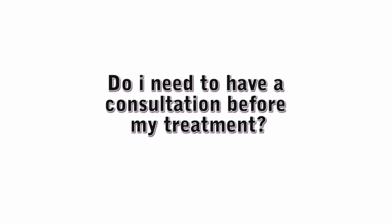Do I need to have a consultation before my treatment? A consultation is always carried out before commencing the treatment. This is because it's really important for me to understand the client's expectations. We have a drawer, we play with shapes, we look at those shapes together and decide on the best shape for your face. We play with pigments, so we smudge colours. For example, when we're working with brows, we will smudge colours around the brow region to find out what complements your skin colour, your skin tone,